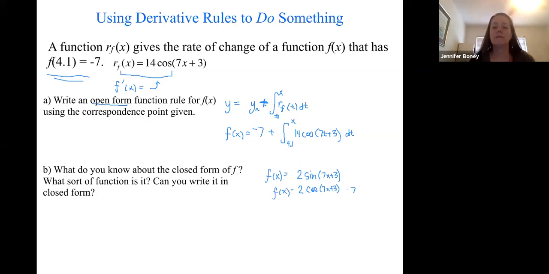There we go. This right here meets this qualification. It has the right rate of change. I doubt very seriously that f of 4.1 in this function would turn out to be negative 7. But I know generally how this works. I know that this expression,